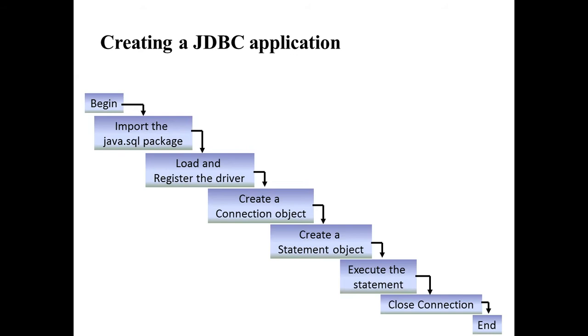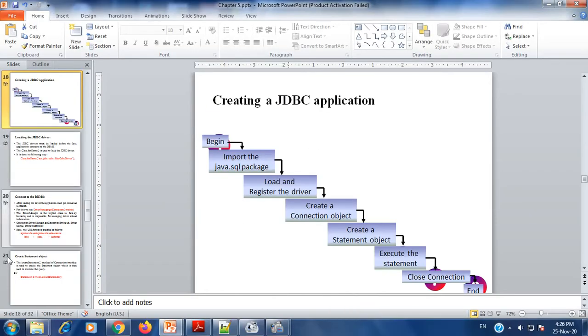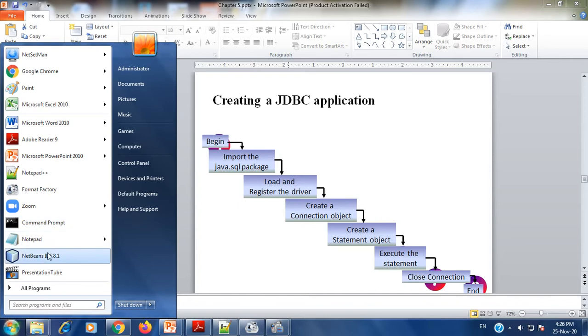But before discussing the JDBC applications, there are three different parts of doing this kind of program. The first step is you have to create the actual database with which you are interacting from your Java program. The second step is creating the DSN name, that is nothing but data source name. And the third step is finally creating the JDBC application, or the actual Java program. One by one we will discuss these steps practically. For our purpose, we will be creating the programs with respect to Access.